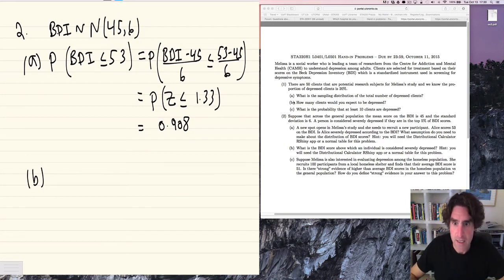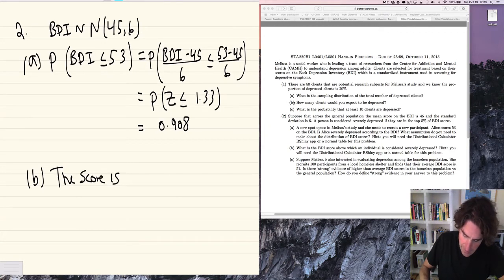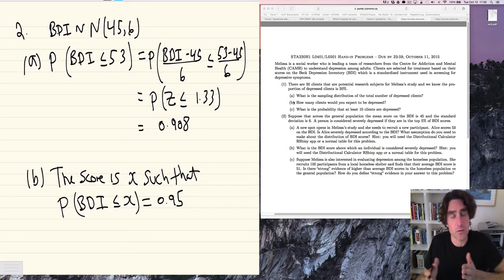Part B is, what is the BDI score above which an individual is considered severely depressed? Well, so we want to find the score X such that the probability of a BDI score less than or equal to X is equal to 0.95, because in order to be depressed, you have to be